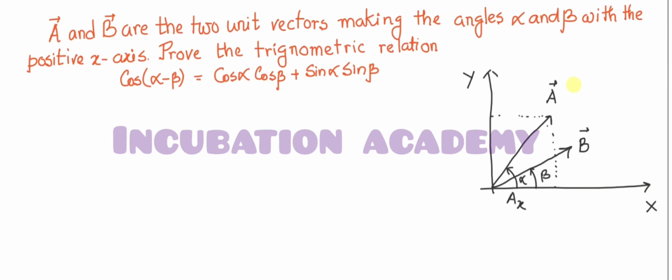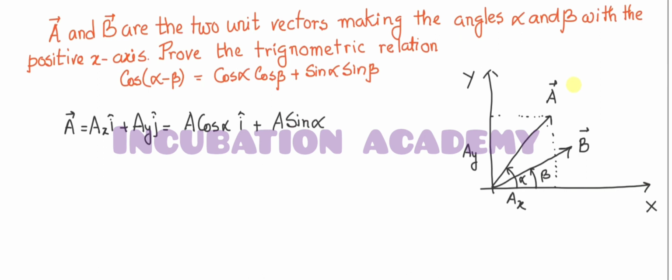So we can say the a vector is basically ax i cap plus ay j cap. And what is this ax? Ax is a cos alpha, so this is a cos alpha i cap, and ay is